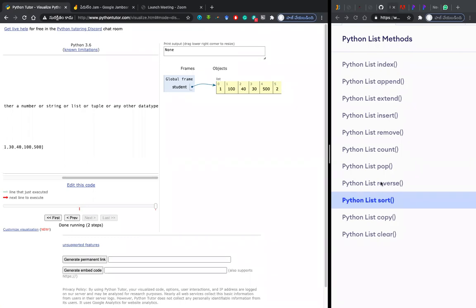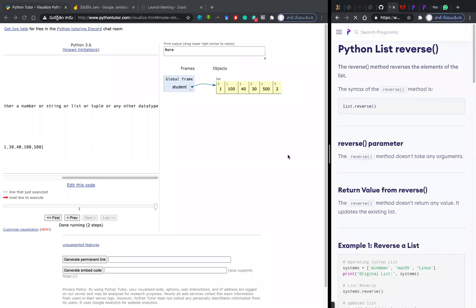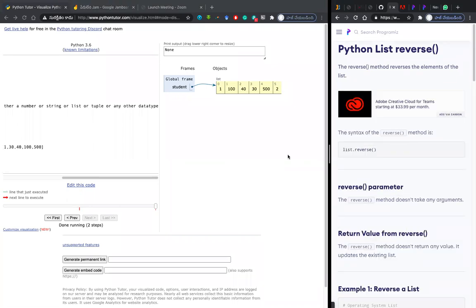Now we will go to reverse. Sir, in sort, how are we giving an assignment operator in place of an argument in a function? Yeah, actually in function definition also we can do that. You can define a function where you have default values. That also I will show you. Okay, you can do it on your own.